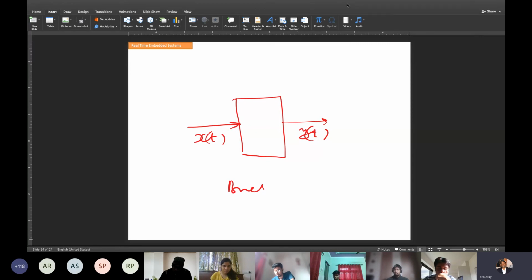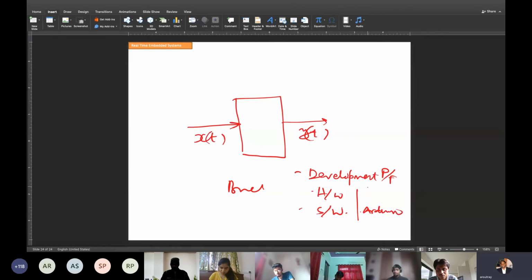To build this single chip solution, you have to do development. So therefore, you look for development boards. Platforms, both hardware and software. What is the hardware platform we are having now? Development platform. It is the Arduino Uno board. So the hardware and software platform is, this is Arduino software, and the board is Atmega 328. This you have all already, but in real life you have to go for that board.